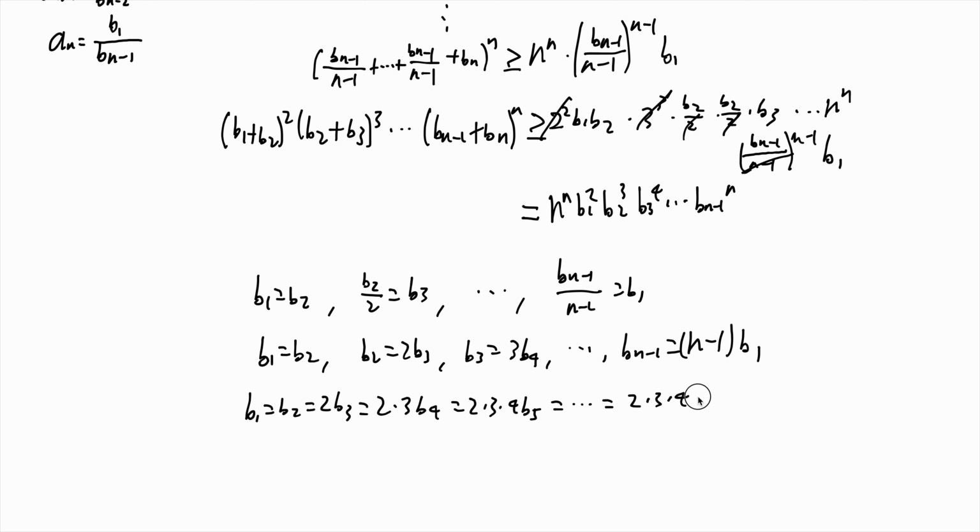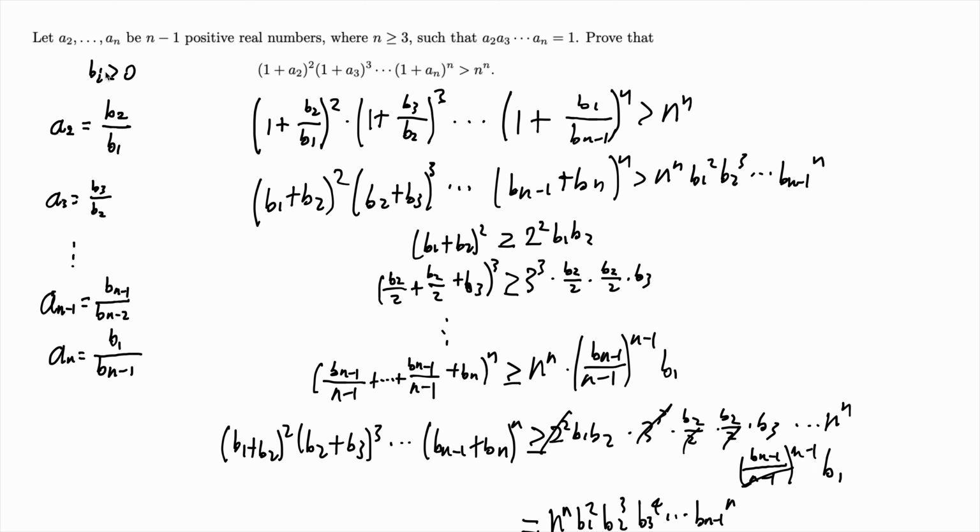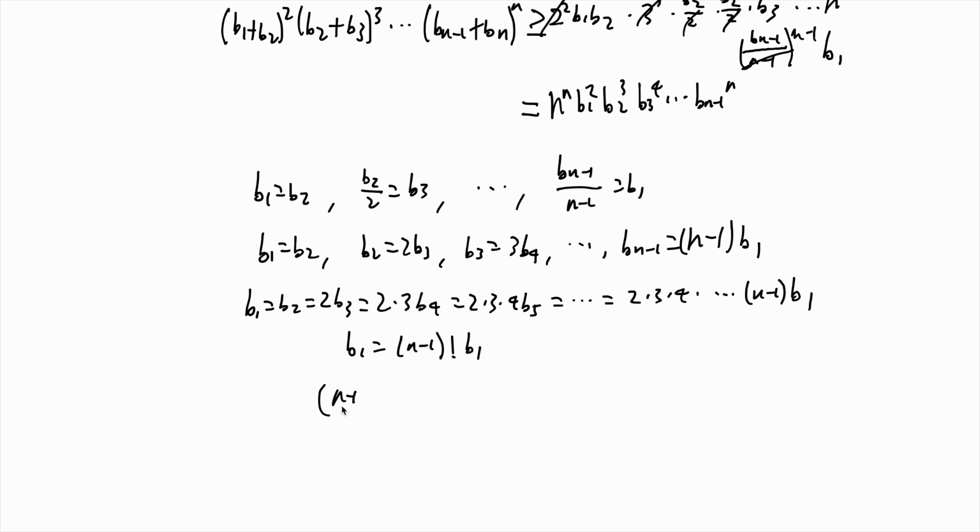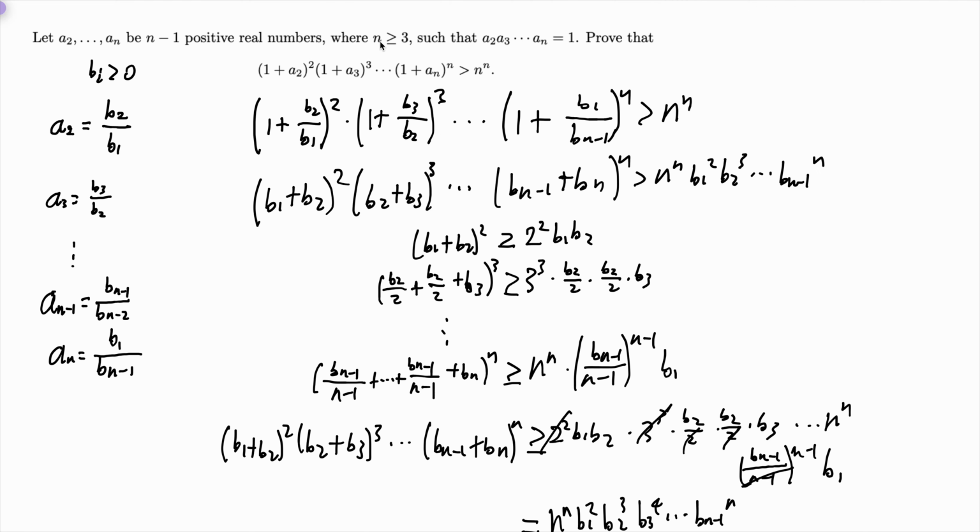2 times 3 times 4 times ... times n minus 1 and b sub 1, which means b sub 1 equals n minus 1 factorial times b sub 1. And notice that because b sub 1 must be greater than 0 by definition, we have n minus 1 factorial equals 1. Therefore, n equals 0 or 2. Oh, 1 or 2. n equals 2. However, because n is greater than or equal to 3,